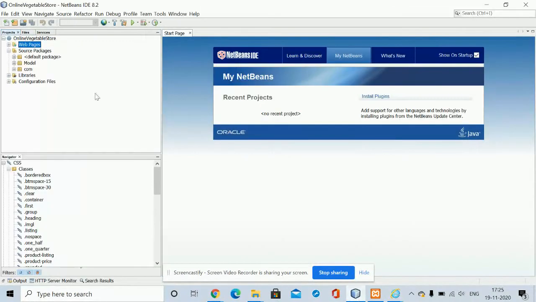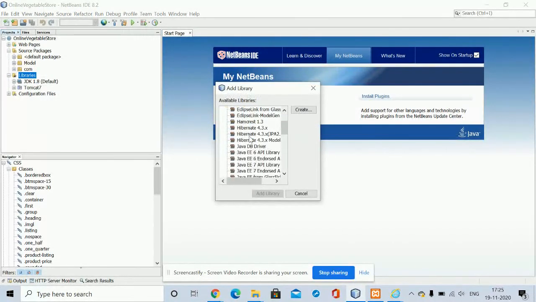Now what we need to do, you need to add a library here, right? What library? That is the MySQL connector, because Java can't connect to the MySQL database directly, right? You need the MySQL connector. So just click on the libraries and click on add library, right? Here you need to select the MySQL JDBC driver, this one, right?